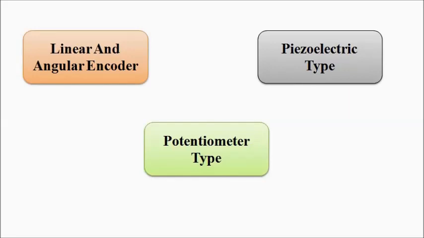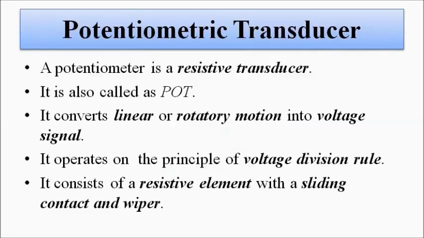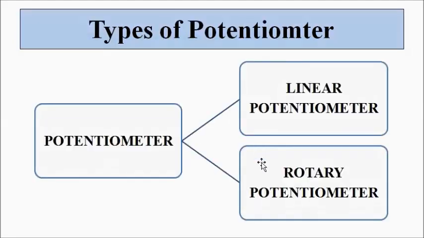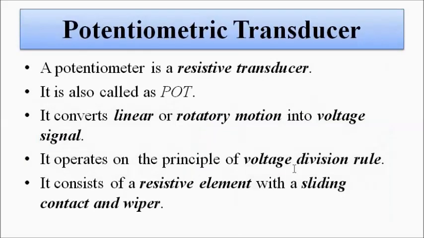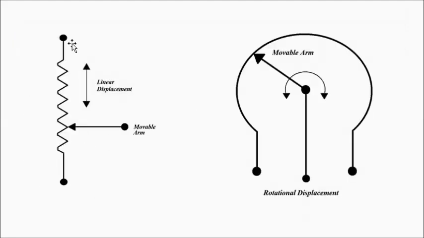So we have already discussed about what potentiometer is. So we'll not go into detail about how it works, because I've already discussed about it in sensors transducers and also in biomedical instrumentation. So it is a resistive transducer which can be of linear type or rotatory motion type, and it operates on the voltage division rule principle. So the basic principle of potentiometer is that it consists of a resistive element on which a movable arm, it can either move in linear way or in a rotatory way.